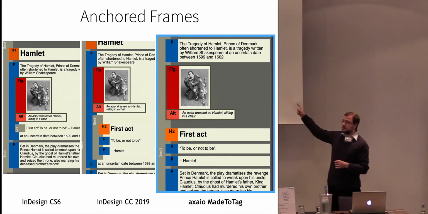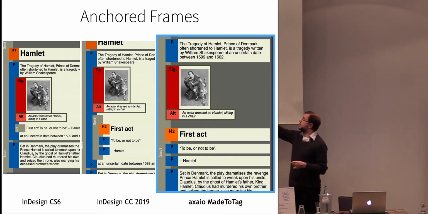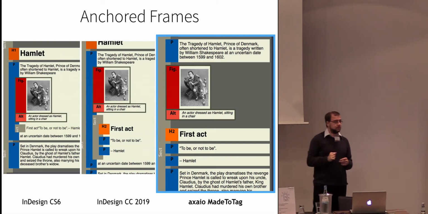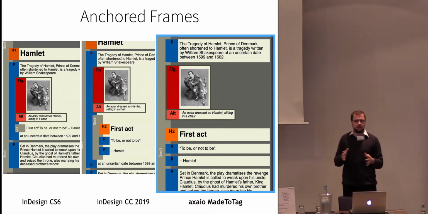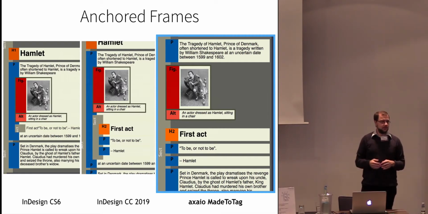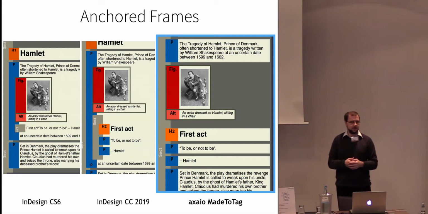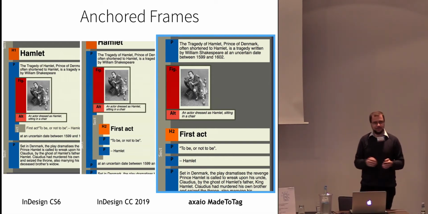Then you will get the right output. And if you use InDesign nowadays, you will get the output in the middle. So it's not wrong in a PDF UA standard way, but it's different. And just so that you know, you can choose. So we think our approach is the better one, but